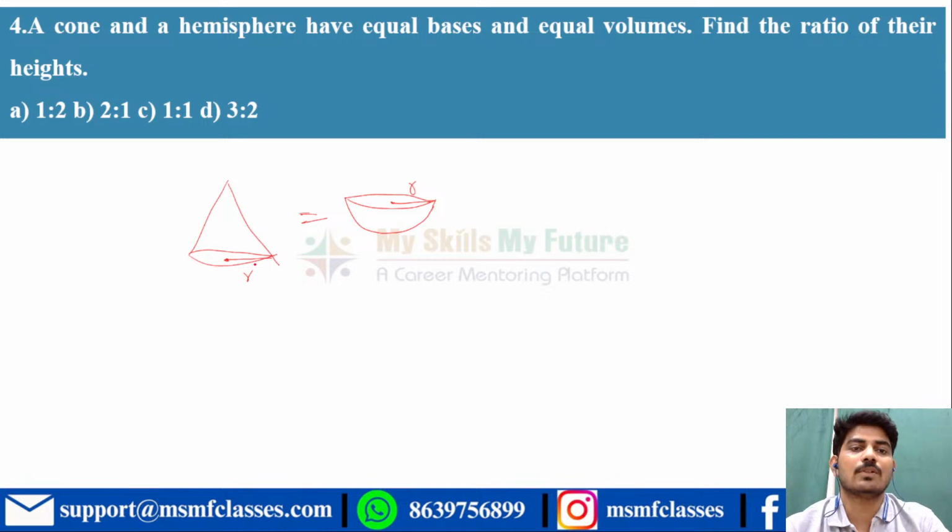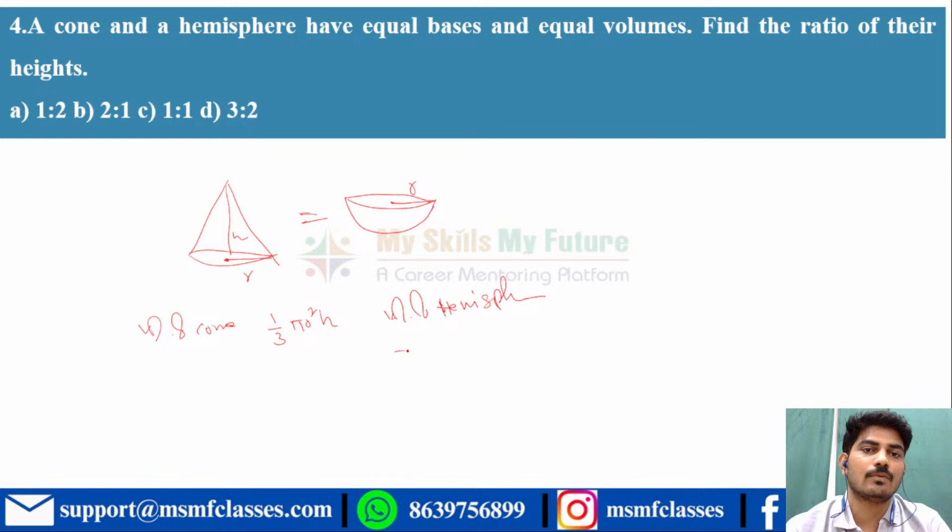So what is the volume of the cone here? The volume of the cone will be equal to 1 by 3 pi r square h, and it is having some height here. Then what is the volume of the hemisphere? The volume of the hemisphere will be equal to 2 by 3 pi r cube. Suppose I equate these two values, 1 by 3 pi r square h will be equal to